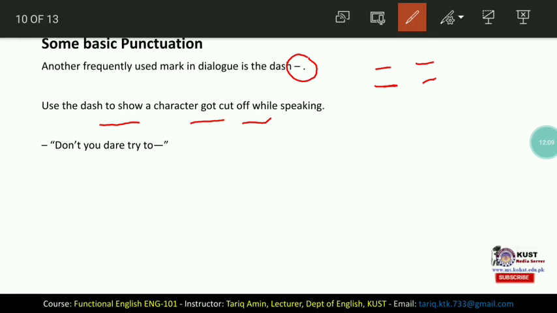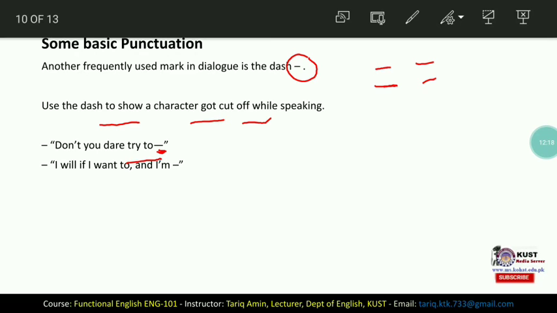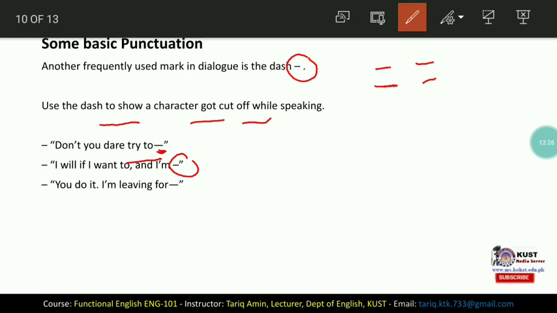Like, "Don't you dare try to--", it shows a cut off. "And I will if I want to, and I am--", once again it shows the cut off of the speaker. "You do it, I am leaving--", once again it shows a cut off. When this punctuation mark is used in dialogue, just know that it is used for a cut off.